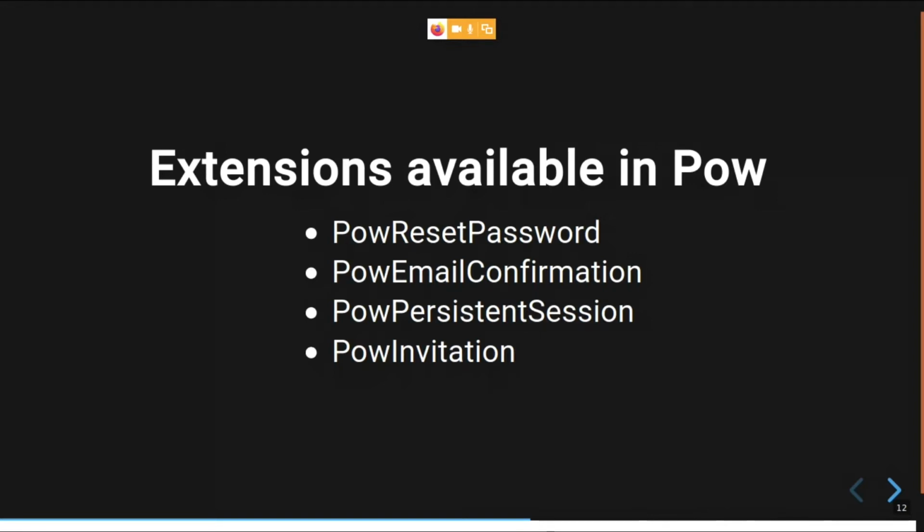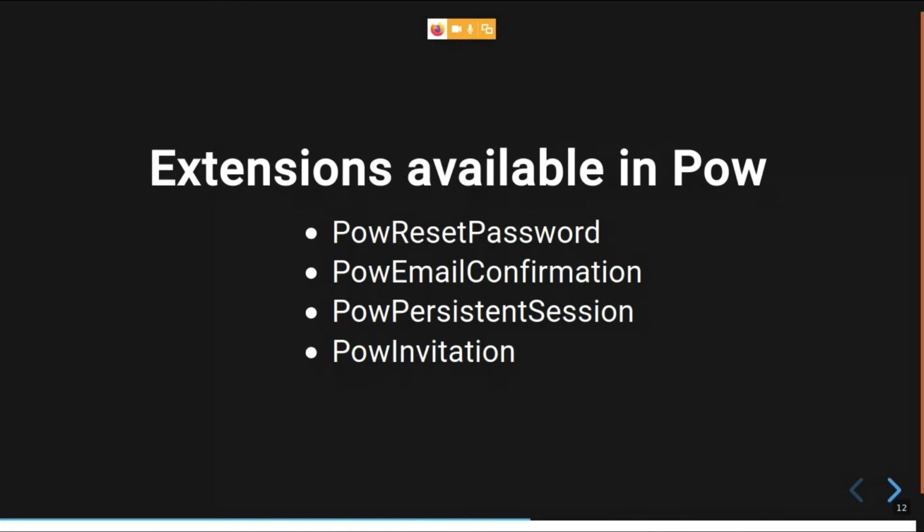Another is POW Invitation. With this you can send an invite email so that you can hide the public registration in your public portal. Only invited users can join. If you have a use case like that, you can use this extension.